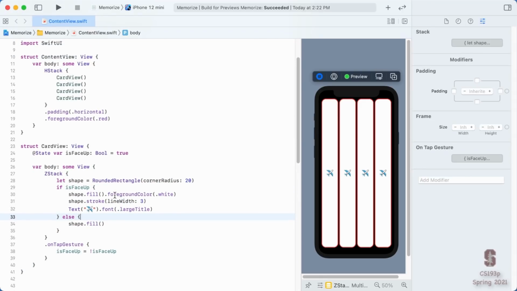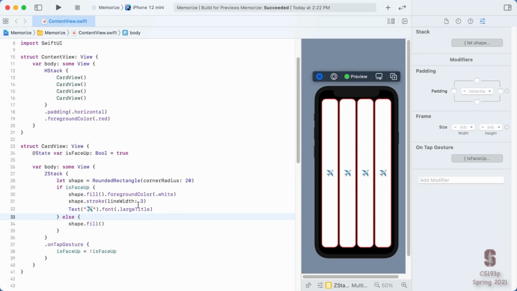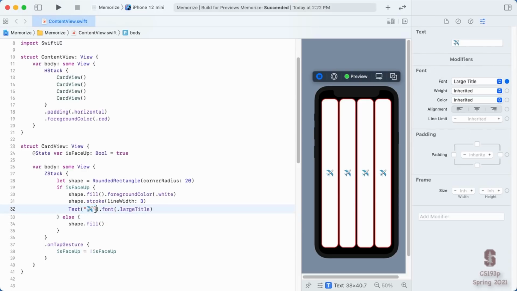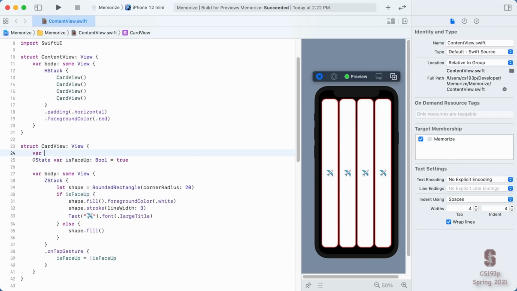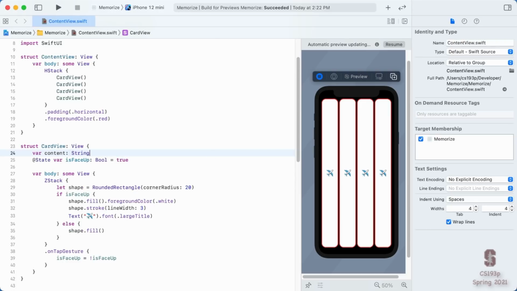So what else can we do here? Well, all of our cards, unfortunately, are airplane cards. It'd be really nice if we had our cards be something like this, where they were different vehicles than airplanes. So let's do that. How about, where is our airplane? Okay, airplane is right here. So this little string is in every single card view we ever create. That's why they're all airplanes. But what if we parameterize this? Just like we have this isFaceUp var here, what if we create another var? We'll call it content because it's the content of our cards. It's just going to be a String.